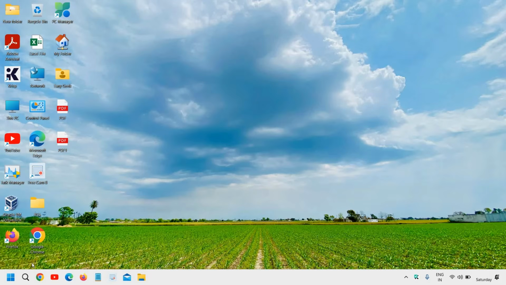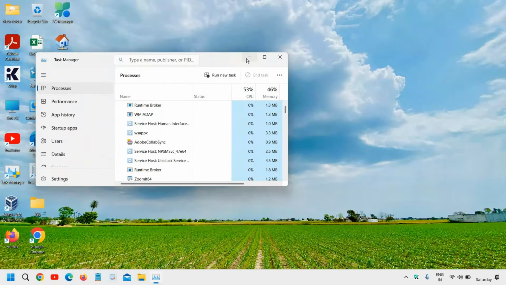Good day, everyone. Did you know that inefficient network settings can drastically slow down your internet speed? Yes, you heard it right. So, today we are going to learn how to optimize the task manager network settings, and I will also give you some bonus tips so that you can increase the downloading and the browsing speed in your laptop or PC. So just do a right click on the start icon and then go to task manager